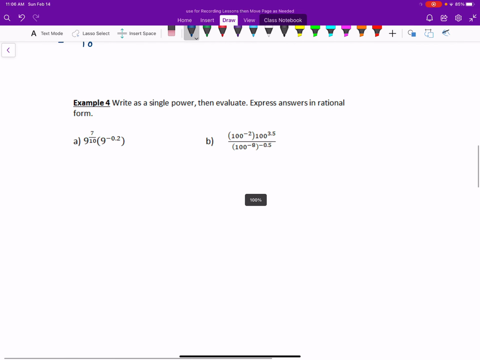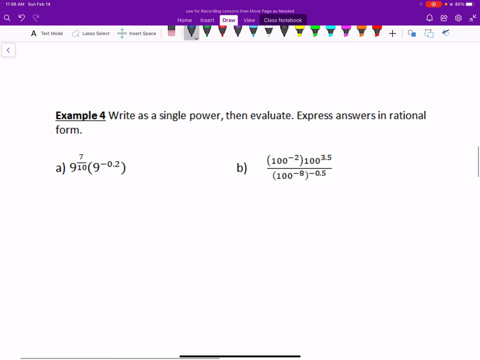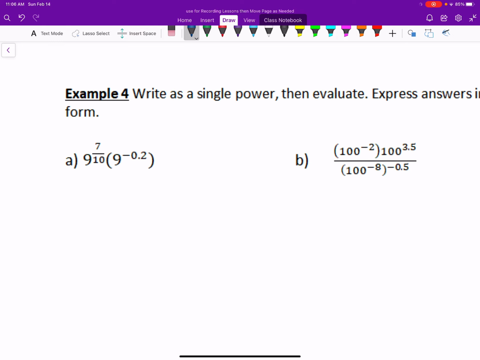Write as a single power, then evaluate, express answers in rational form. All right, well, this part about writing as a single power indicates to me that I should be looking for common bases, right? Got the base 9. So we can use our same exponent laws that we've always used since we're multiplying these together. I probably should have them in the same form though. So maybe I'd write this as